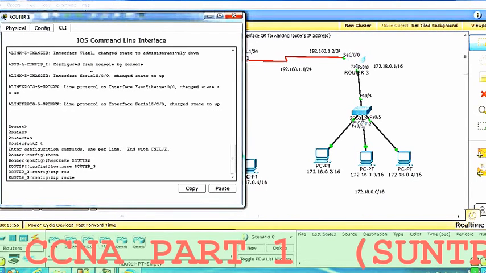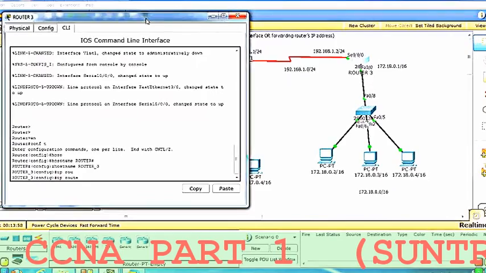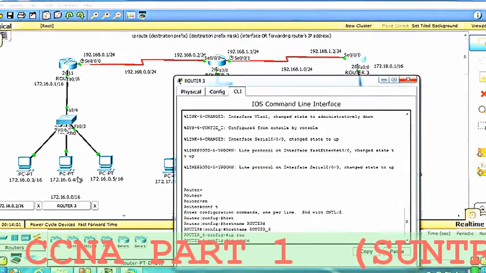This time my destination network is 172.16.0.0, the subnet mask is 255.255.0.0, and my next hop IP is 192.168.1.1, because I have to go to router 2's serial 0/0/1 interface to reach that network.